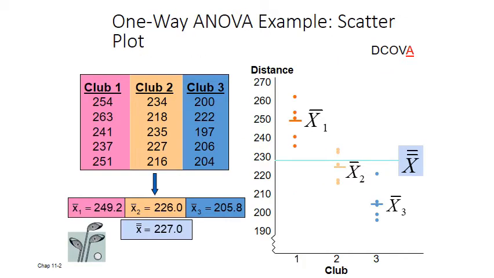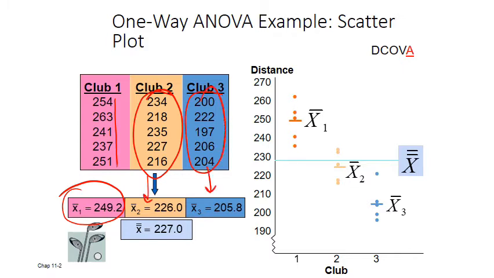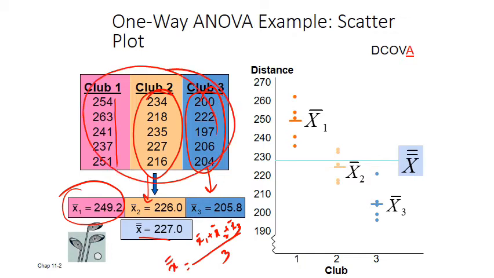Okay, so we calculate the mean of the first sample here, and you know how to calculate the mean, very simple. We calculate the mean of the second sample, it comes here. Similarly we calculate the mean of the third sample, it comes here. And we calculate the grand mean. There are two ways to calculate the grand mean. Either you add x bar 1, x bar 2, x bar 3 and divide by 3, and this is how you get the grand mean. Or you can add all these 15 numbers, divide by 15, and you get the grand mean.